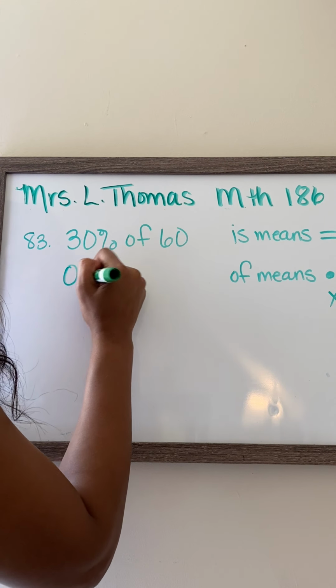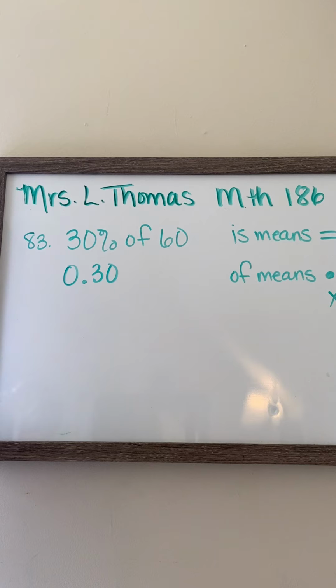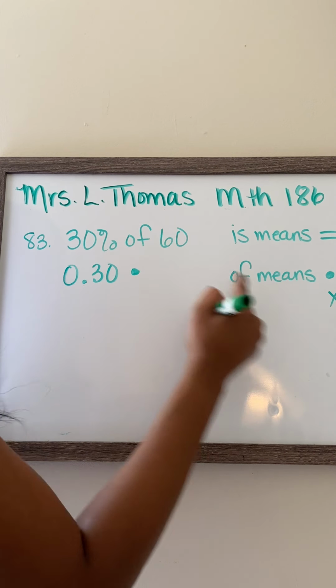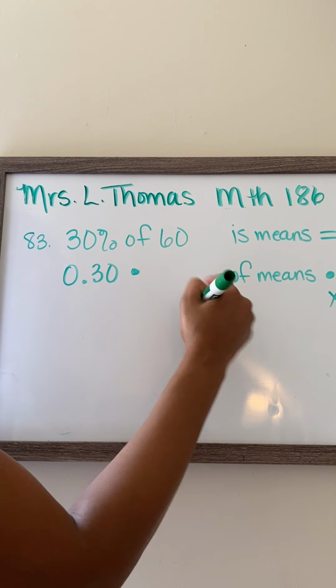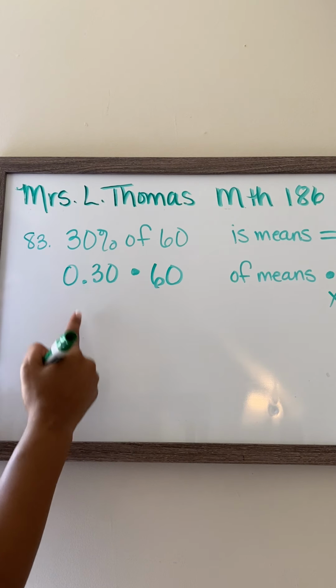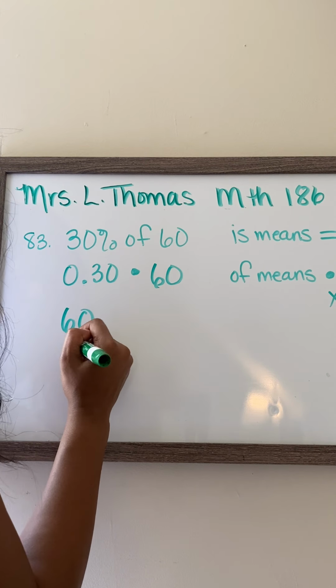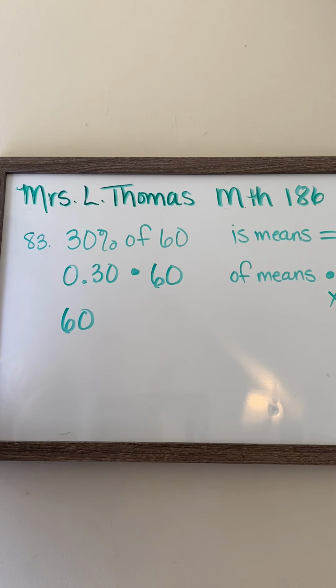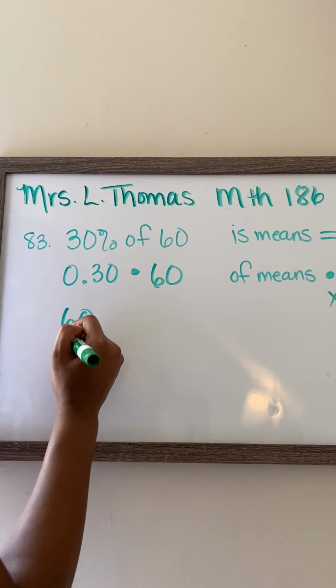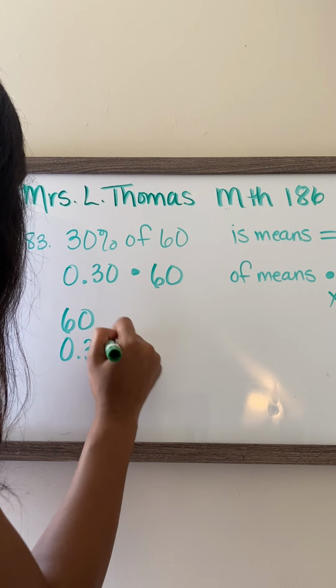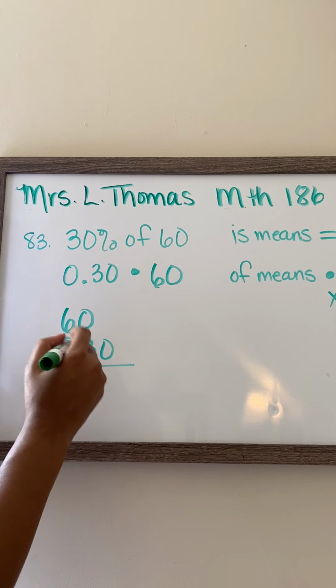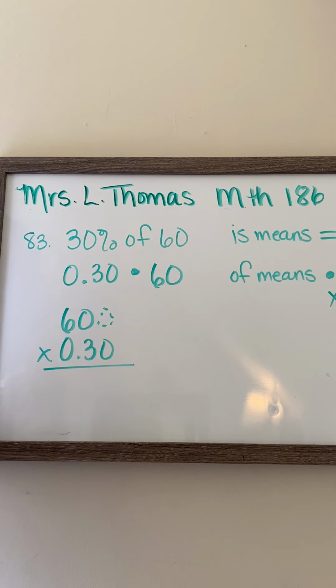So 0.30, okay, times, because we see the word "of" means times, 60. Okay, so I want to multiply these two together. All right, so let me come down here. Where am I going to put my 0.30? Does it matter? Help me out. It doesn't matter. Good. 0.30. But if I do it on top, make sure you fill that blank space in with a